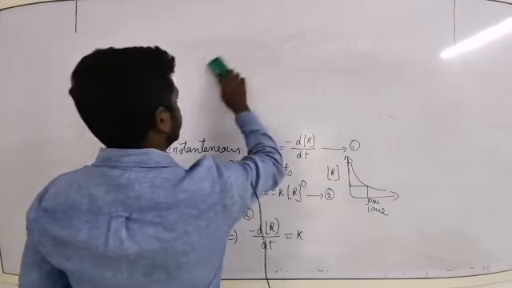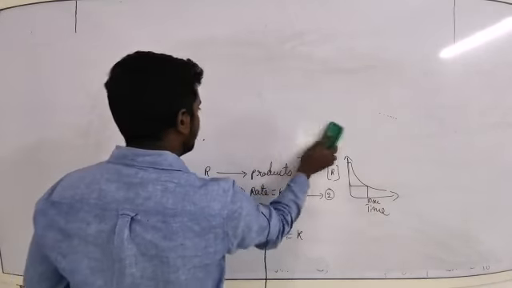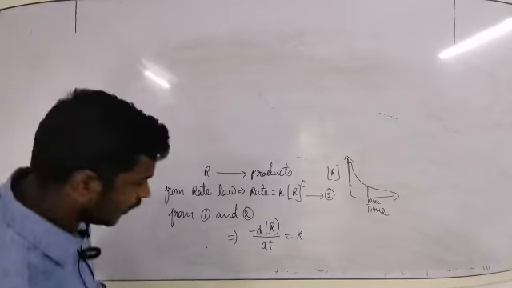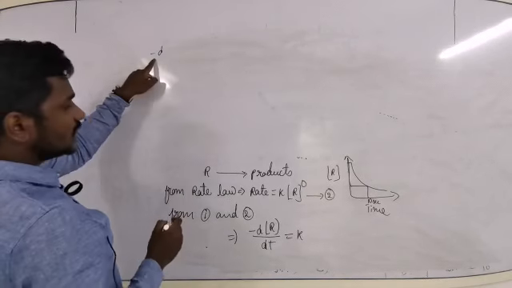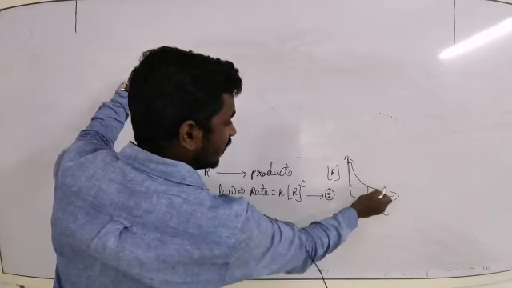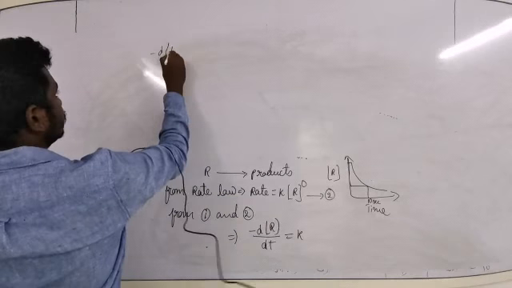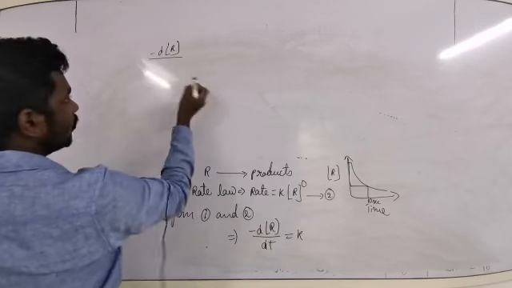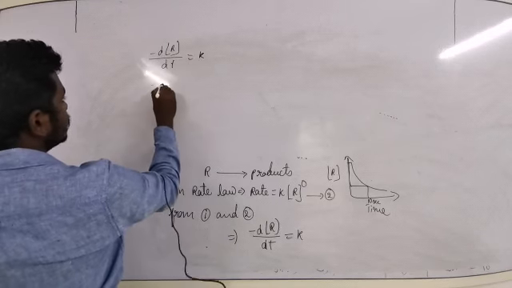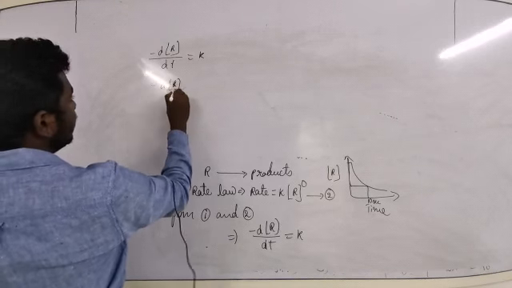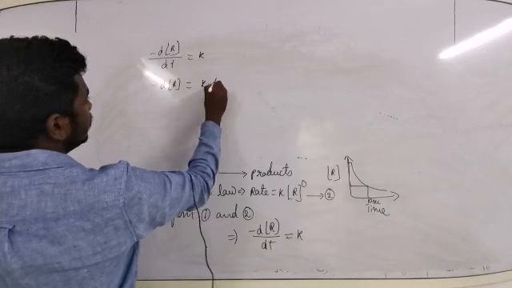Right. So we will continue the derivation from the equation that we have got up to here, which is minus d[R]/dt. That minus sign indicates that the concentration of reactant is decreasing. Or you can take it with respect to product also, is equal to k. Now send this dt to this side, it will become k into dt.